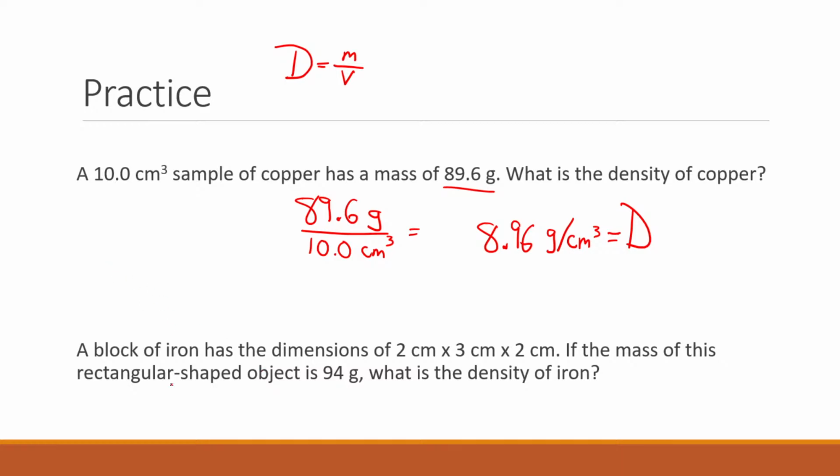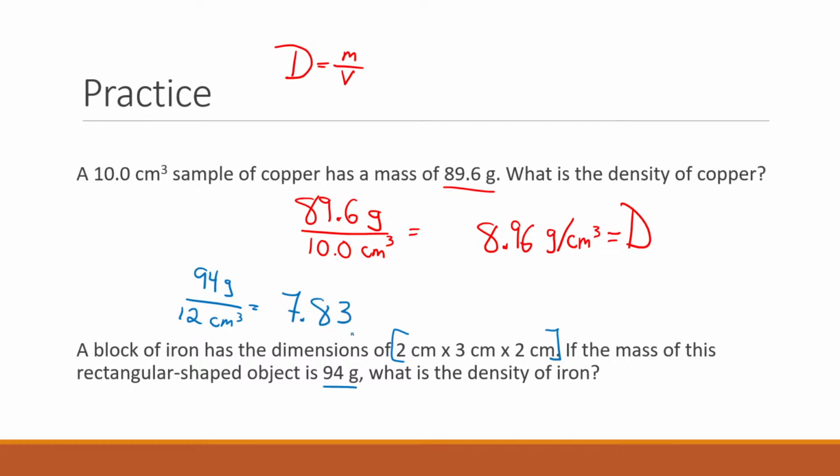Right? For our second problem, I'm going to change font. Let's go with blue. We have 3 different length measurements, and it says the mass of this object is 94 grams. So here, again, we're going to do mass over volume. We know mass is 94, but we have to actually find our volume, right? Length times width times height is going to give us 12 centimeters cubed. And when we take that and do our division, and we say 94 divided by 12, we're going to end up with